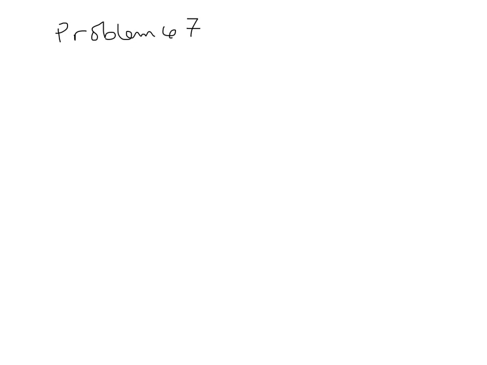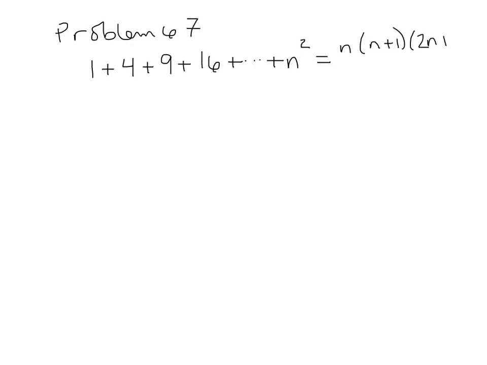Now I wanted to get you a little started on this because the sum of the squares of the first positive integers, so sum of the squares is 1 squared plus 2 squared, which is 4, plus 3 squared, which is 9, plus 4 squared, which is 16, etc. We will end at some square. And you want to show that that is equal to n times n plus 1 times 2n plus 1